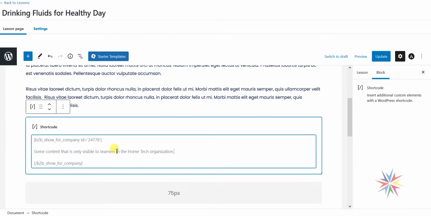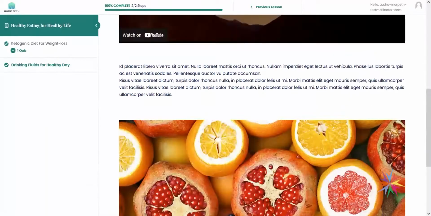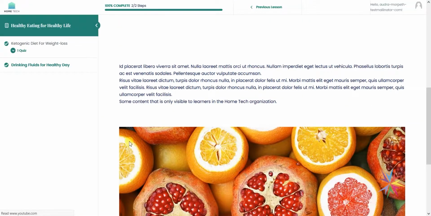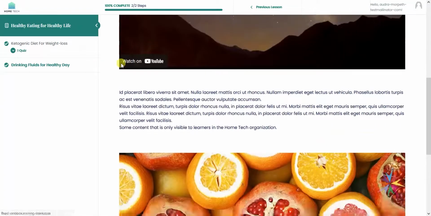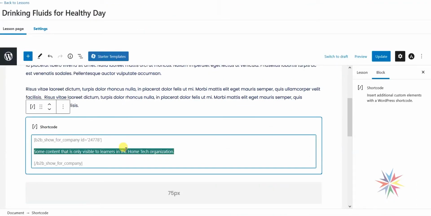organization. So if I was to save that now and update it, and if I went back to my user here within Home Tech and refreshed it, because I'm within Home Tech, I see some content that is only available to learners in the Home Tech organization. So let's change that to be something a bit more relevant and say our vending machines are on floors 3 and 5,